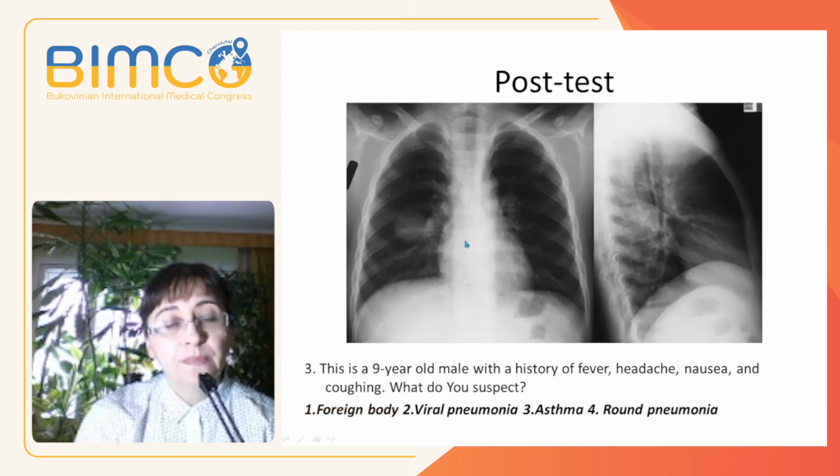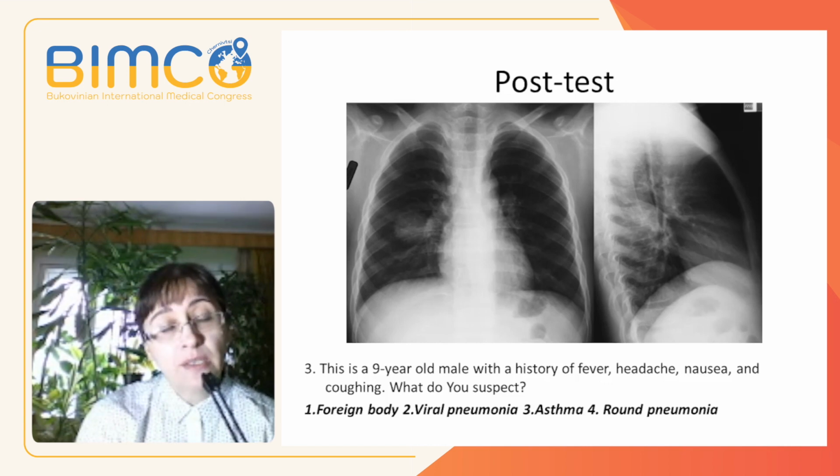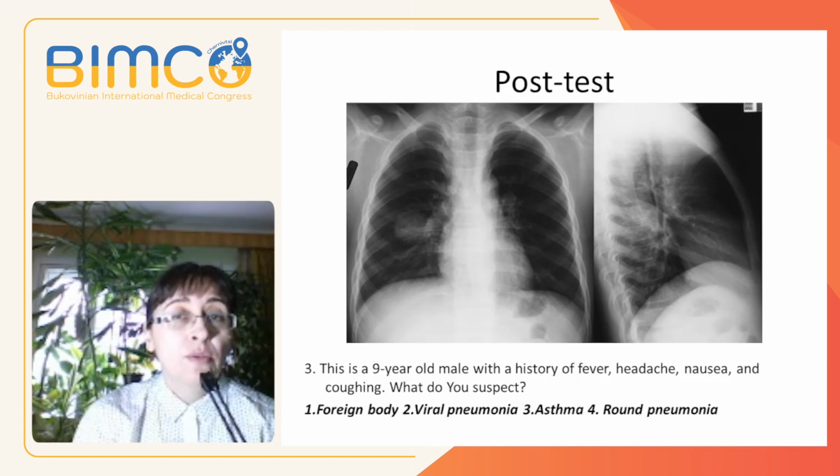Next case. This is a 9-year-old male with history of fever, headache, nausea, and coughing. Observe this chest X-ray on frontal and lateral view and suspect foreign body, viral pneumonia, asthma, or round pneumonia. What is the correct answer? The correct answer is